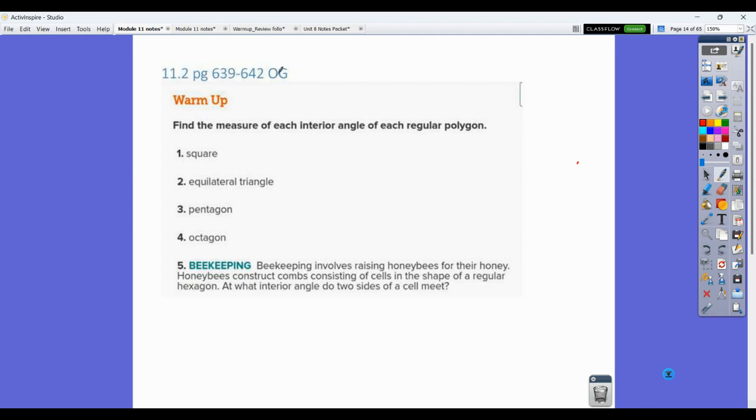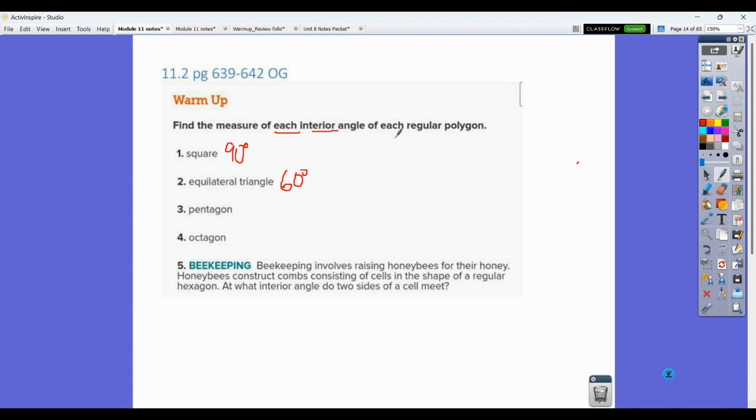Okay, we're going to talk about 11.2 here. So the warm-up questions for this section are good ones to remember how to find the interior angle measures. So if you have something like a square, we should already know that that's a 90-degree interior angle. Equilateral triangle, 60 degrees. But to find an interior angle of something like a pentagon or octagon, there's two methods